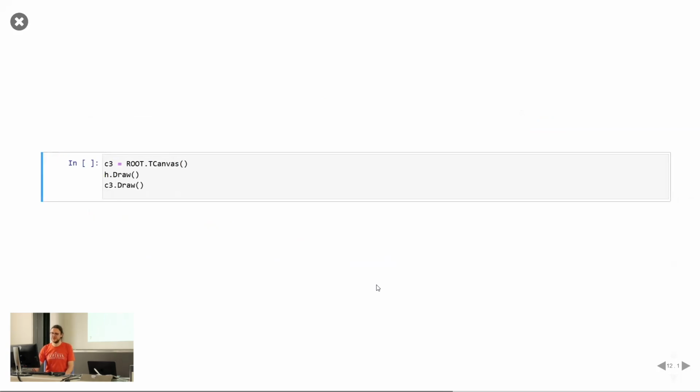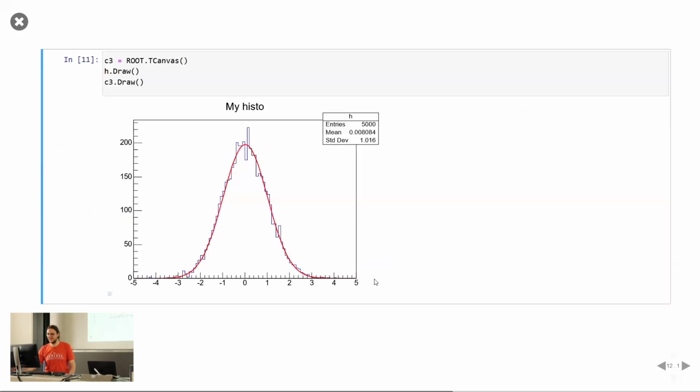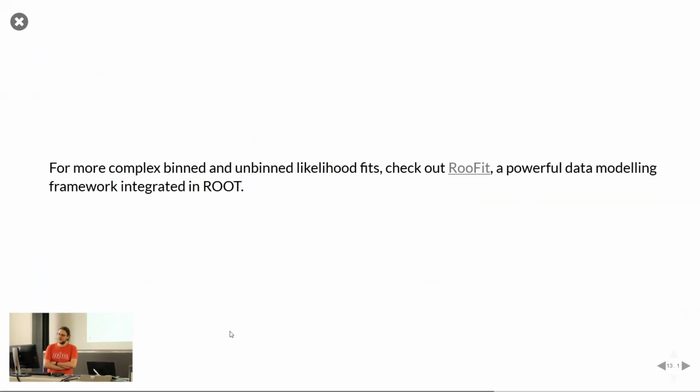So if we now draw the histogram, you see here the same result as before, because now we just use the built-in Gaussian instead of our custom one. But of course, the end result is the same. Once your fit becomes more complicated, like in the case of these LHC Higgs combination analyses, then you don't